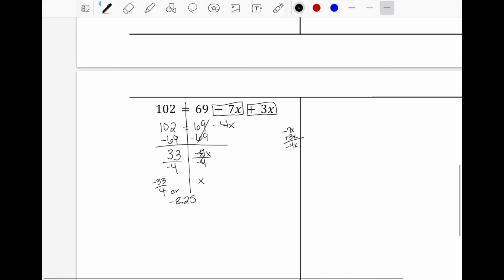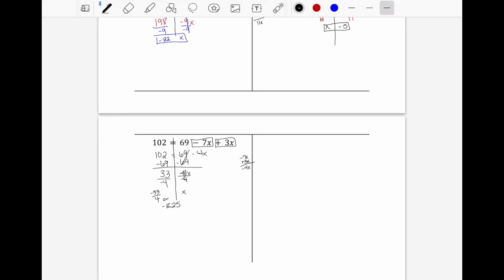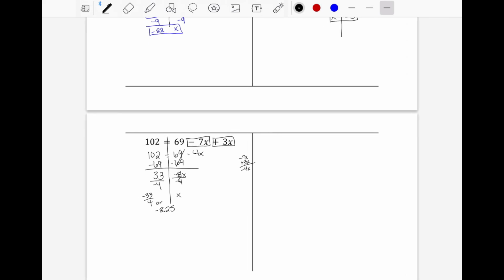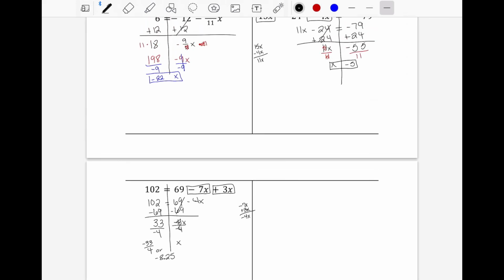Alright, so looking at what we just went over, we learned how to solve by combining like terms. If you have any questions preparing for class,